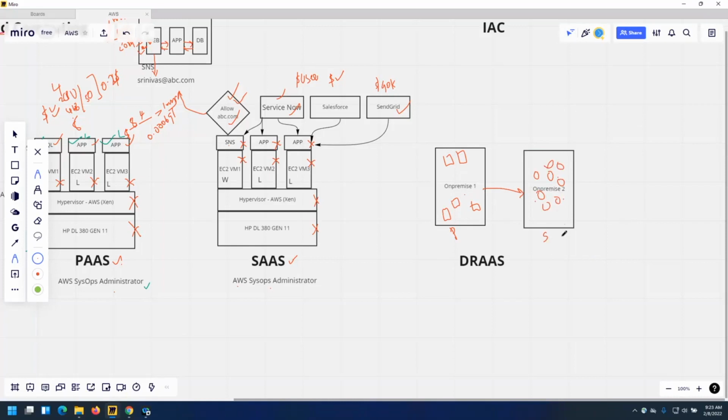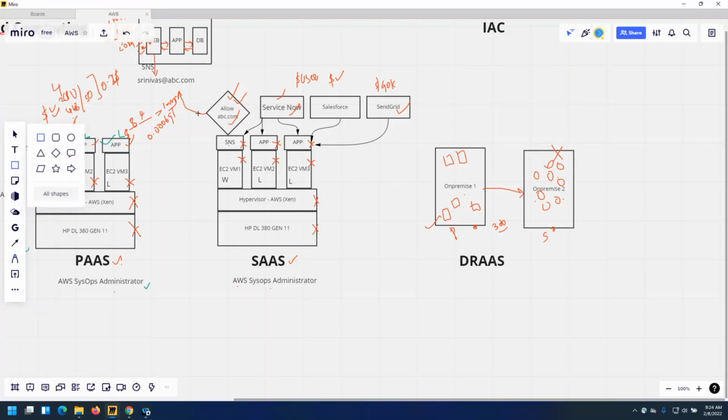Let's say these data centers are 300 miles apart, and you're keeping this data center idle because you're not utilizing it, just keeping some devices where you're dumping the data. Now, I don't want to move away from on-premise, I want to stay here, but this is eating most of my money. So I want to get rid of this secondary one.